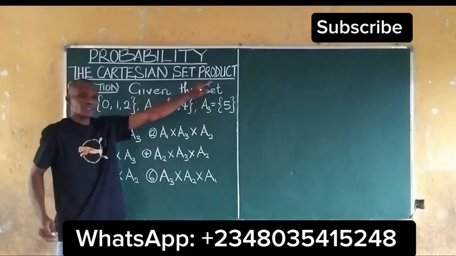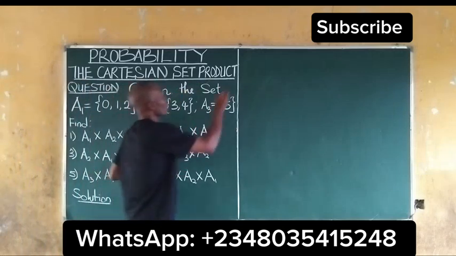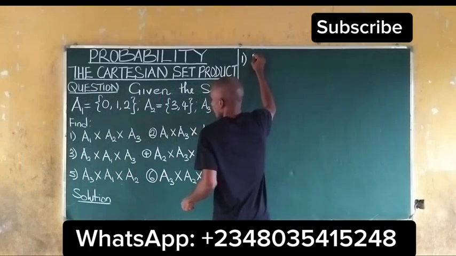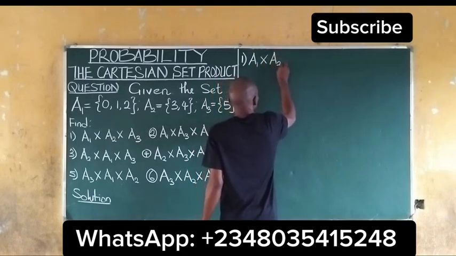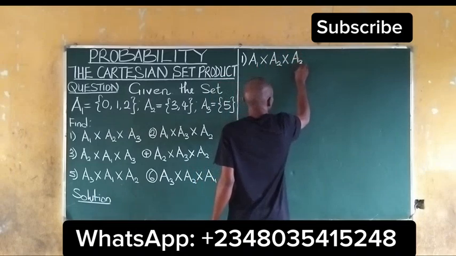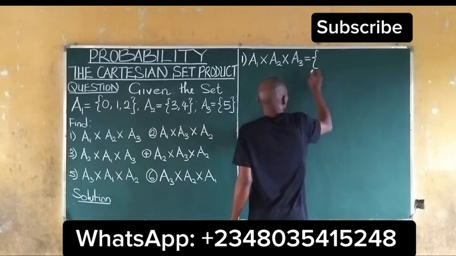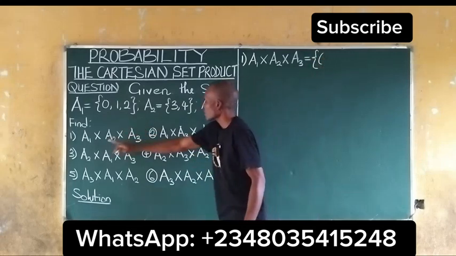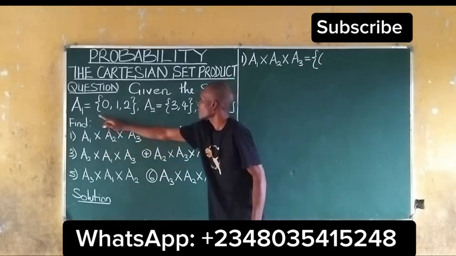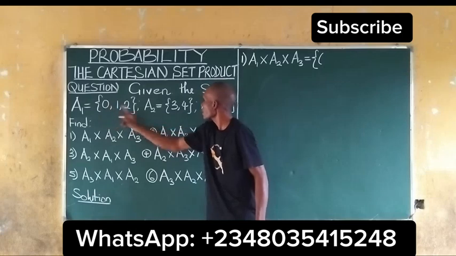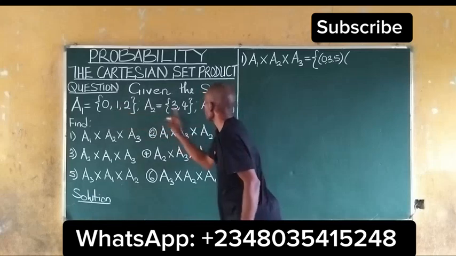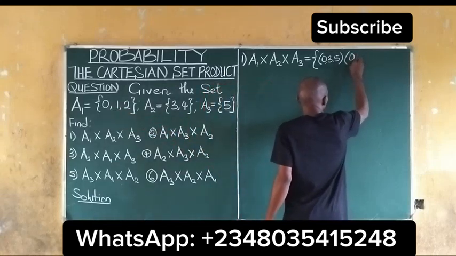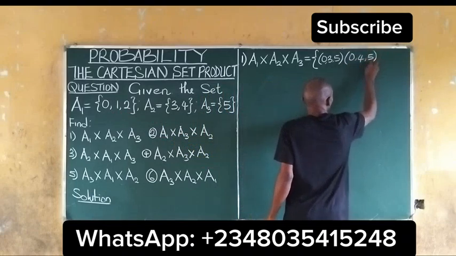Solution. We move over to this side of the board to compute the first one. Number one, we have A1 multiplied by A2 multiplied by A3. So what is the Cartesian set product? We have (0, 3, 5), (0, 4, 5),